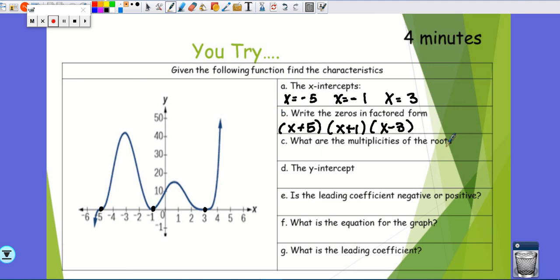What are the multiplicities of the roots? Alright, so if we go to -5 here, it looks like it's going in and coming back out. So the multiplicity at x equals -5 has a multiplicity of 1. And then when you go to -1, because that hump is sitting on -1, then it has a multiplicity of